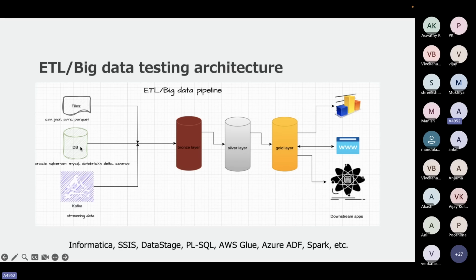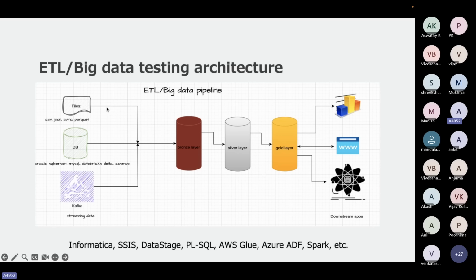There are a number of databases available in the market. Also, you see Kafka live streaming as well. So this is the typical ETL or big data architecture. Some projects may have some additional steps, some might have fewer steps, but the architecture will follow the same process.